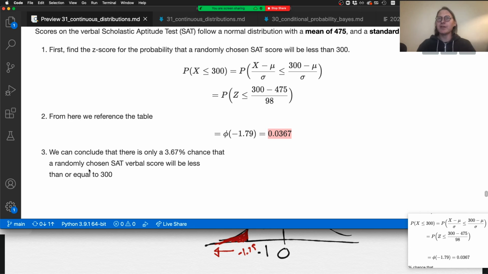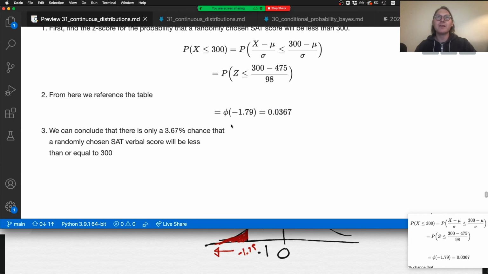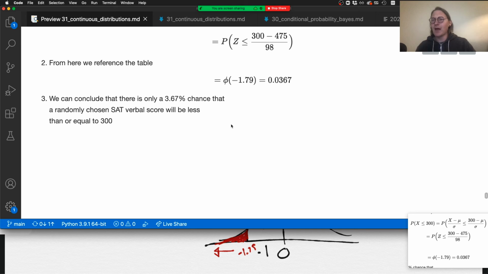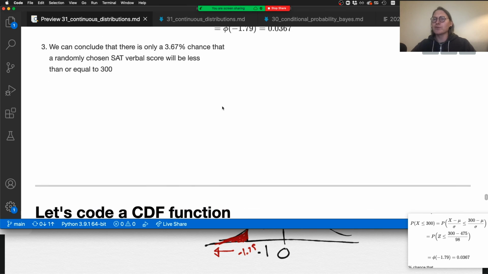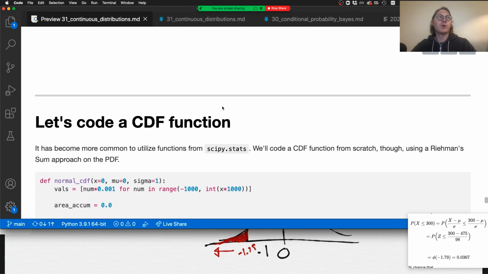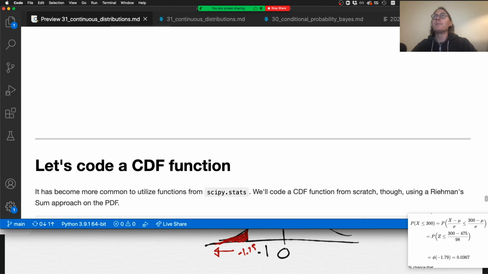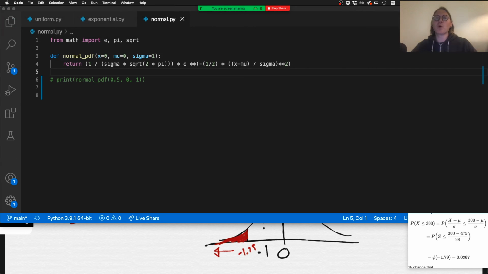You could spend all day doing this sort of problem. It's honestly not that bad, but that's not what we're generally going to do. We're going to call out to a stats library in general. We're going to call out to SciPy or statsmodels or some other library that we're familiar with. But that's not necessarily what we're going to do right now. What we're going to do right now is code something up that will get us this value, and we're going to do this through